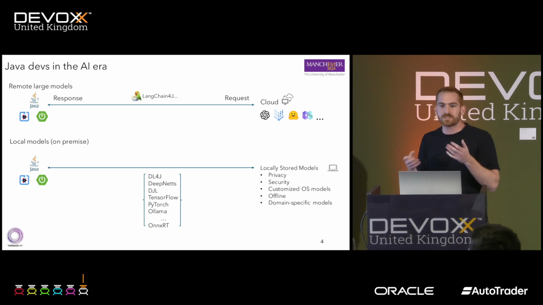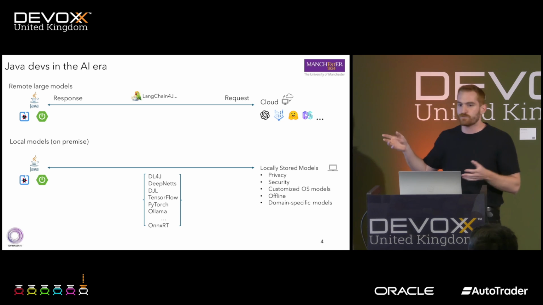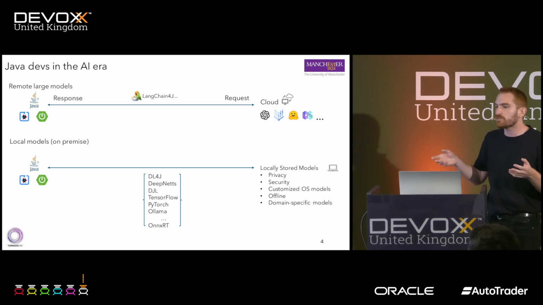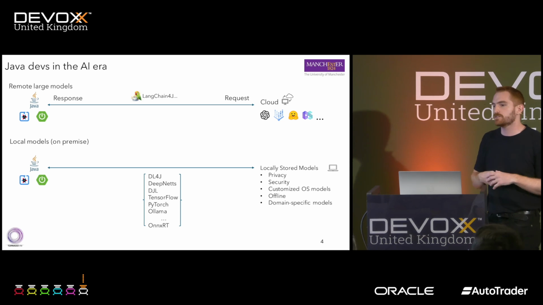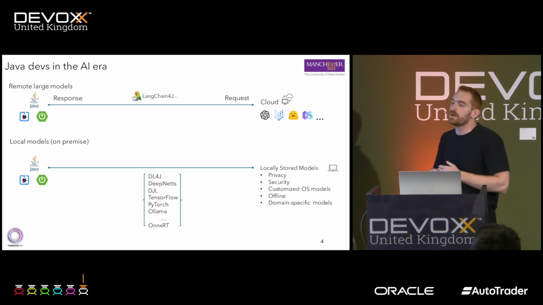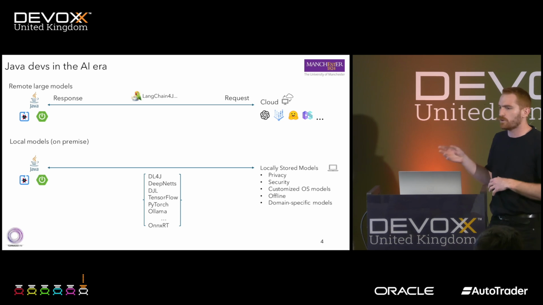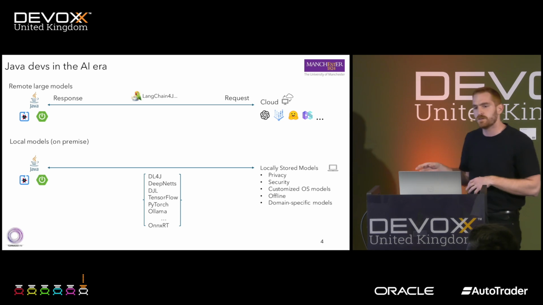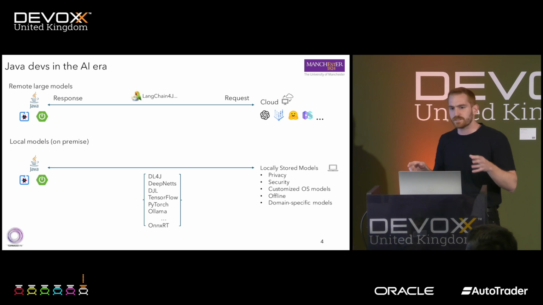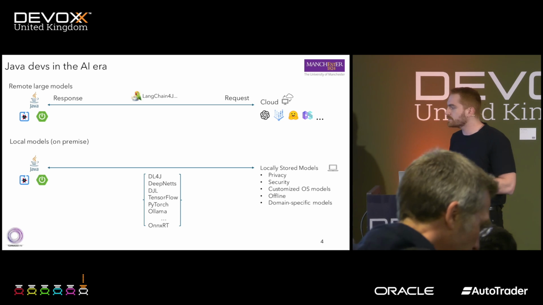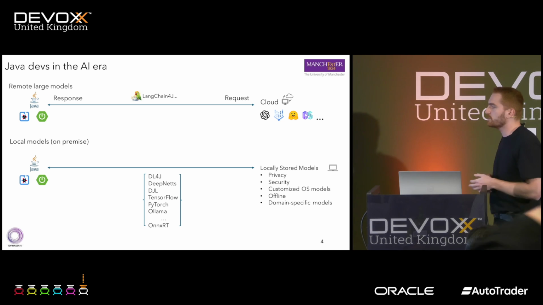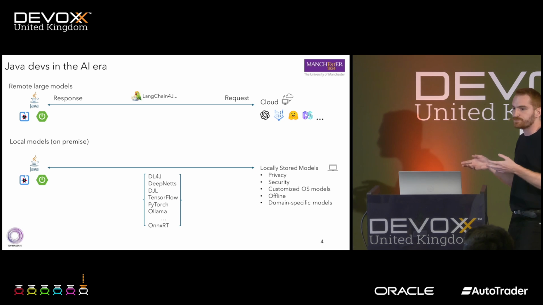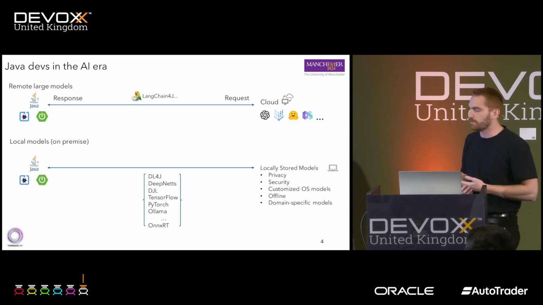For Java right now, we have a large selection of frameworks, and most of them usually use wrappers. So you have Java bindings, usually JNI so far, to native AI frameworks. What is really dominant at the moment is the ONNX Runtime, because it has very good, stable support for the JNI bindings. Other things like PyTorch and TensorFlow have Java bindings as well. And then we also have Java libraries that use JNI, like DeepNetts and Deeplearning4j.